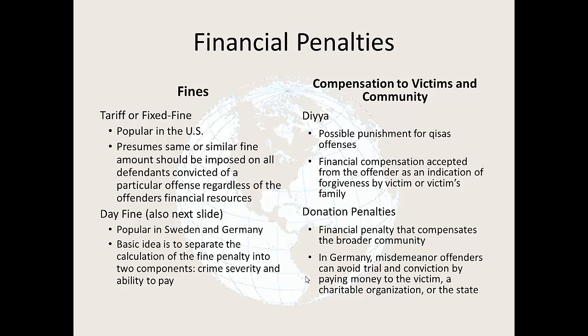Donation penalties we see occasionally in some countries. Again, European examples are more frequently found in maybe some other countries. Here the financial penalty compensates the broader community, not just the victim. The textbook uses Germany as the example. Misdemeanor offenders can avoid trial and conviction by simply paying money to the victim, to a charitable organization, or to the state. And when we're using the term donation penalties, we're thinking more of these latter two,